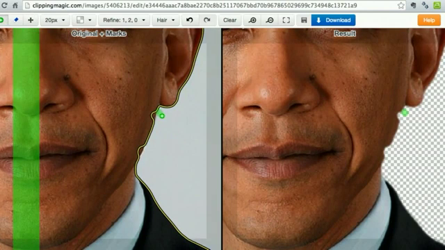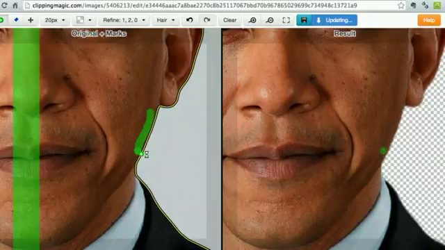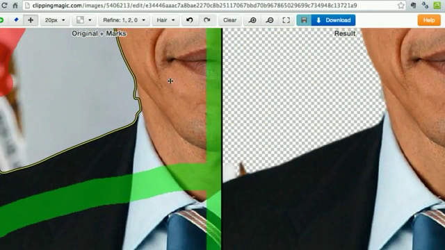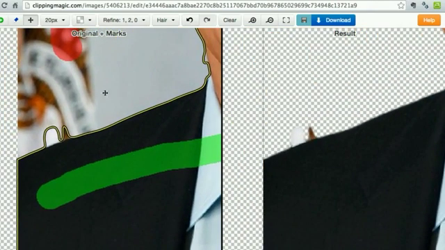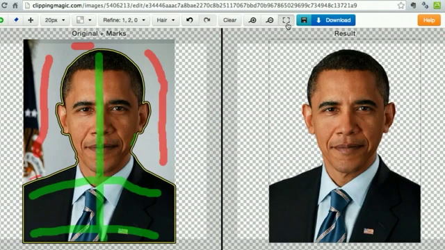So I'm just going to grab the green and just tidy that up a bit. Give that a few seconds. You can see that's now perfect. Pick my move tool again and go down to this shoulder. We can see what the problems are there when we zoom in. I want to get rid of them, so I'm just going to draw a little, oops, there we go, press the right mouse button instead, and you can see how sharp that is. This button here brings you back to zoom, and there you have an absolutely perfect picture, but cut out of